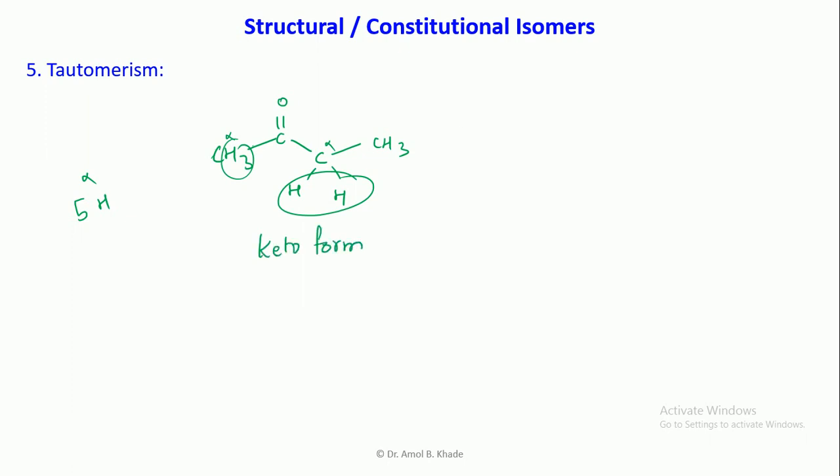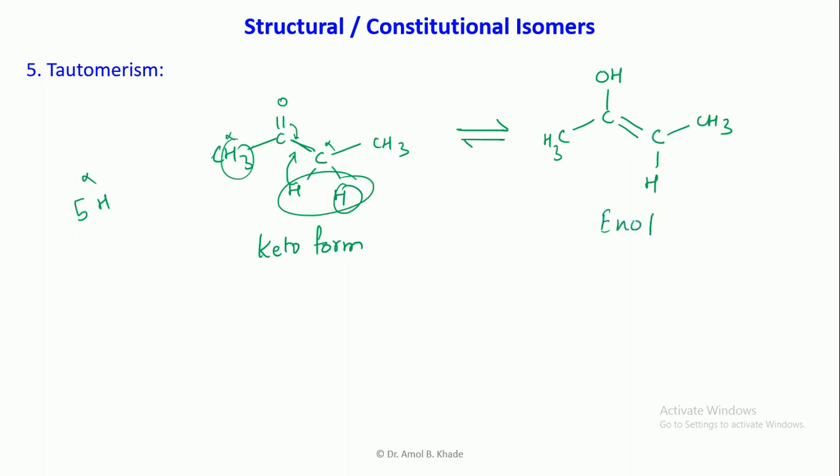This will convert into an enol form. How can you write the enol form? This CH3 will not change, then this double bond is getting broken, so it will be converted to a single bond, and then there is an OH. So the bond will rearrange between these carbons, so this will be a double bond. There are 2 hydrogens, so one of the hydrogens is rearranged to the oxygen, and this has become a double bond. There is one H which is left here, and then CH3. So you can see this is now an enol.